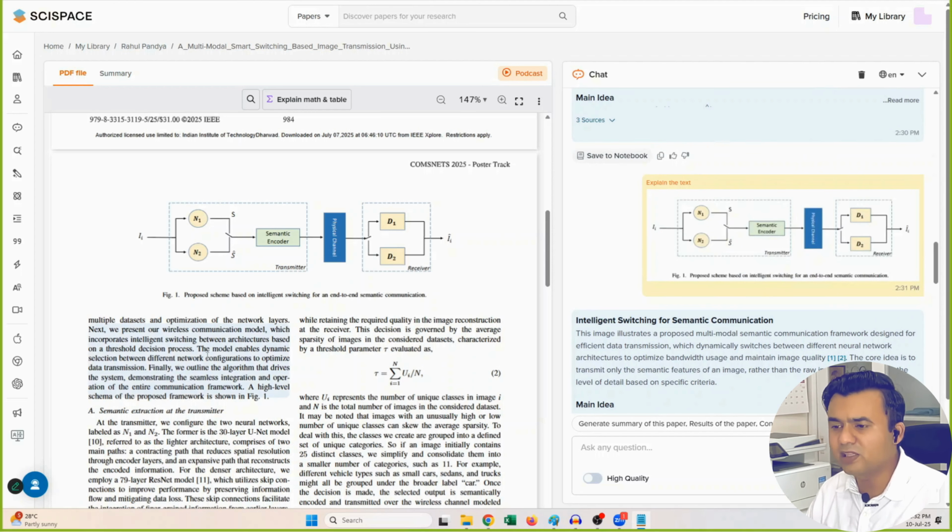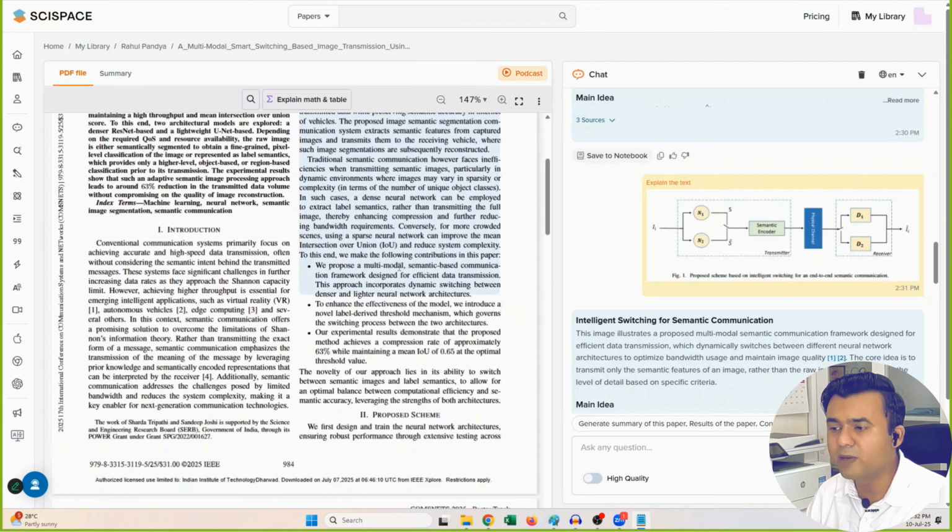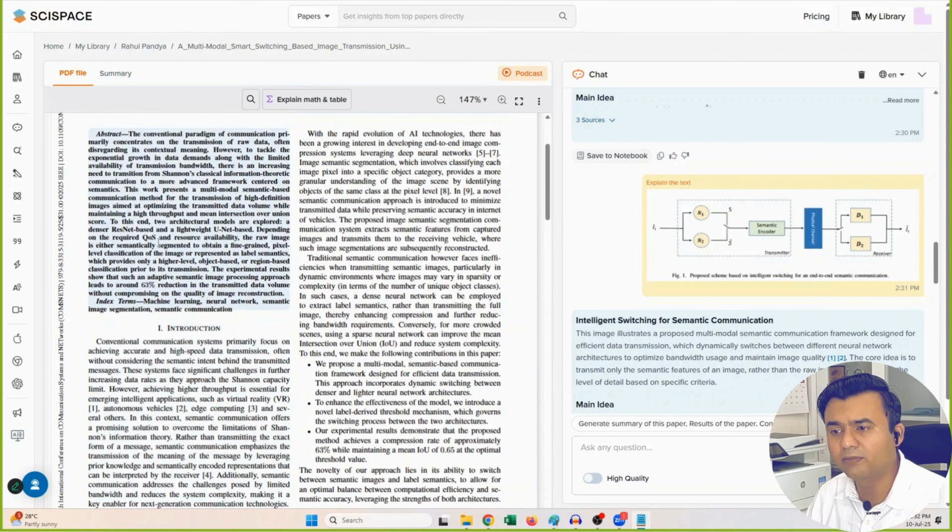Now let's say, for example, you are not able to understand a particular text. So for example, let's say the abstract. Click on this particular abstract. I'm not able to understand it. So what I can do is